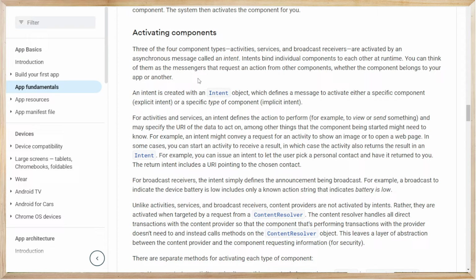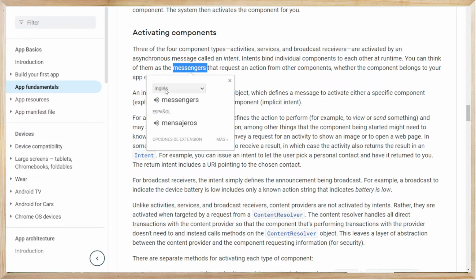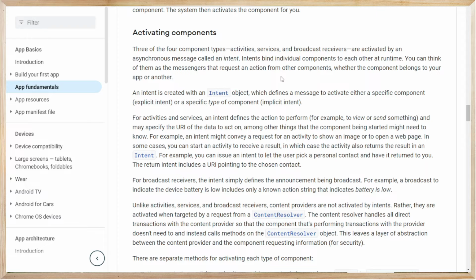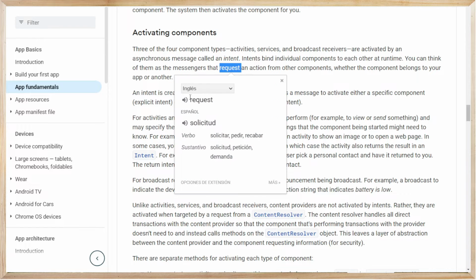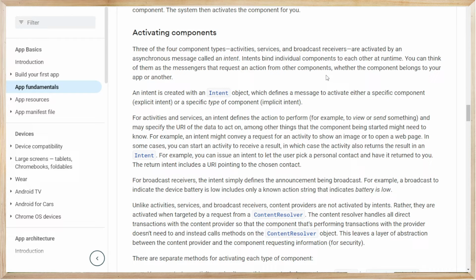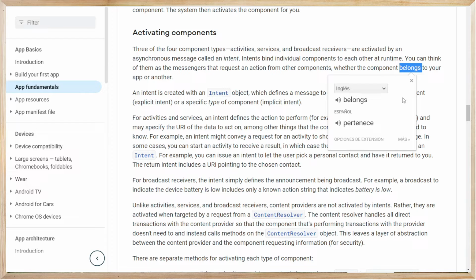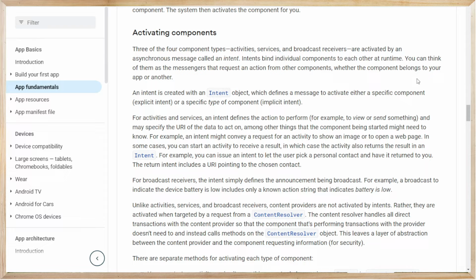You can think of them as the messengers that request an action from other components, whether the component belongs to your app or another. An intent is created with an intent object,